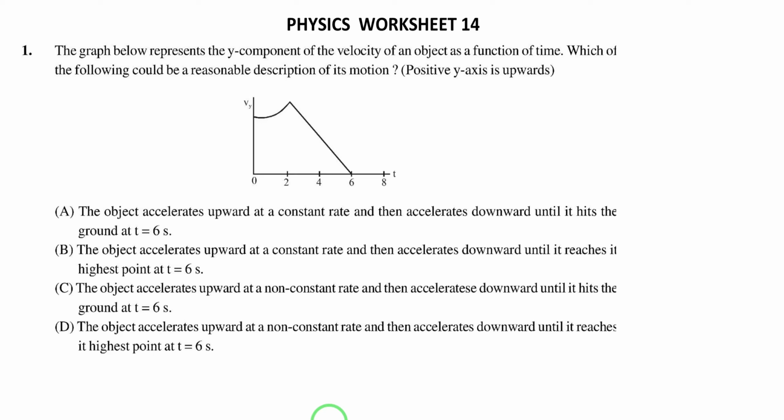So guys, this is worksheet 14. Question number 1 is, the graph below represents y-axis velocity of an object as a function of time. Which of the following could be a reasonable description for its motion? Take y-axis as positive. So